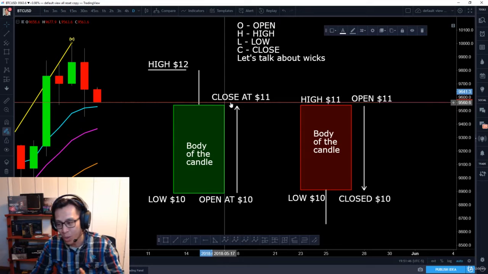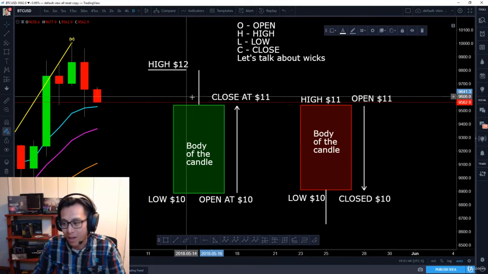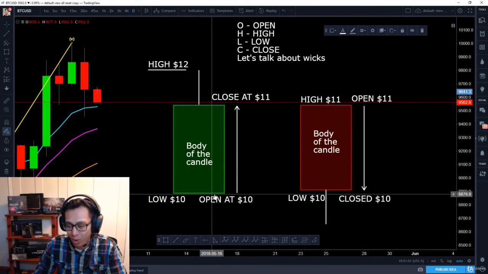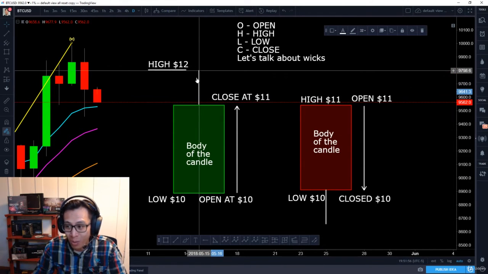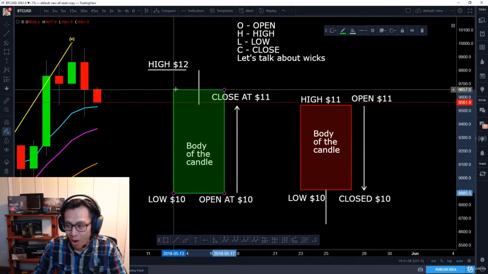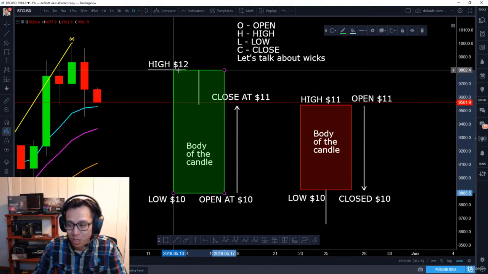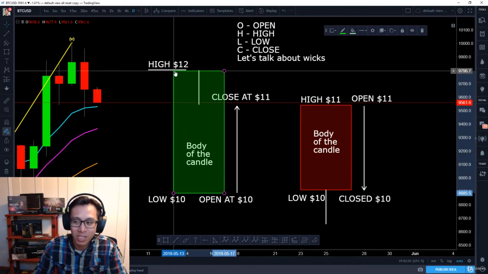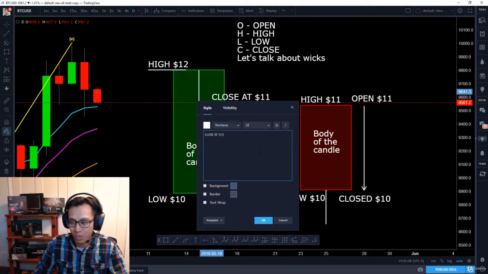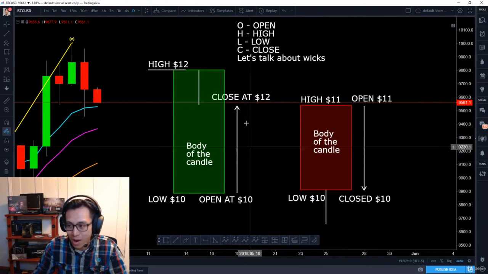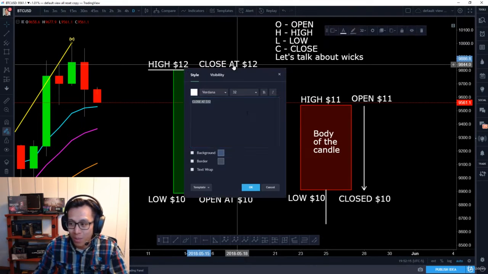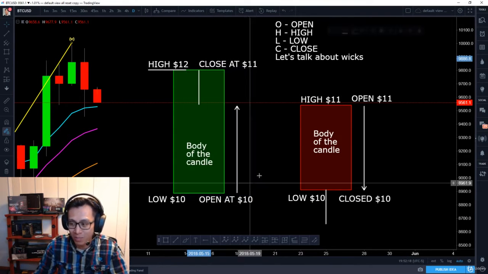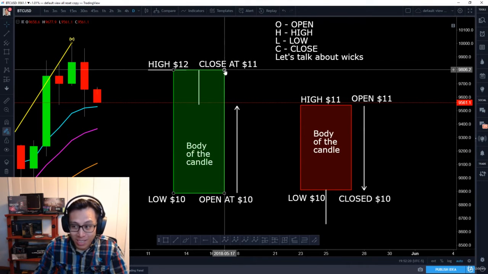But what this wick actually refers to is that people bought, they opened at $10 and people bought up to $11, and then they actually bought all the way up to $12, but they couldn't sustain that price. So if this pushed up to $12 and closed there, then this one would have a close of $12 as well. But because people pushed it up to $12 and then could not sustain that price,